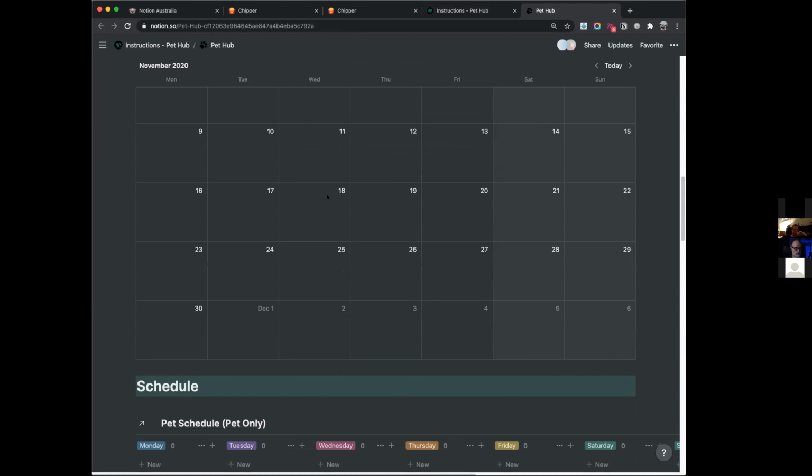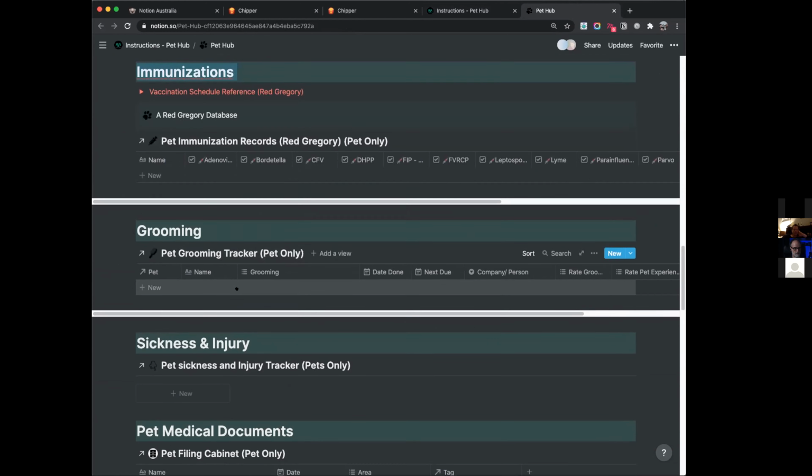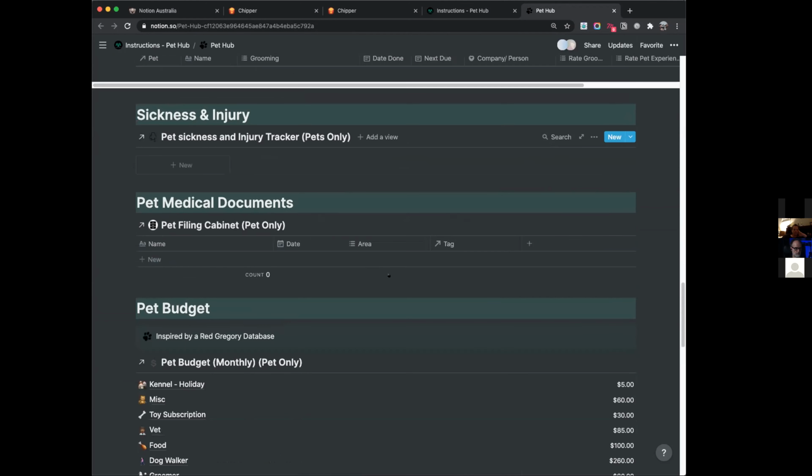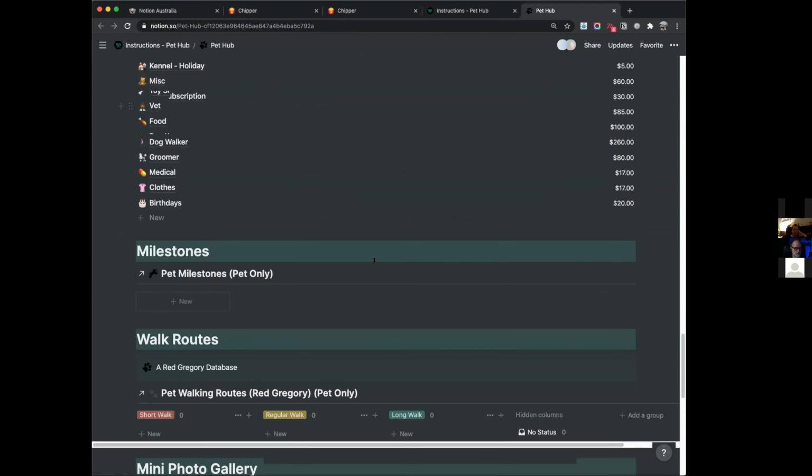Each one has profiles and their diaries. And Jay has this immunization section, sorry, can't pronounce it properly. I think that's where you keep track of all of your vaccinations. Also grooming, sickness and injuries, and other things. There are a whole bunch of things included in this template.